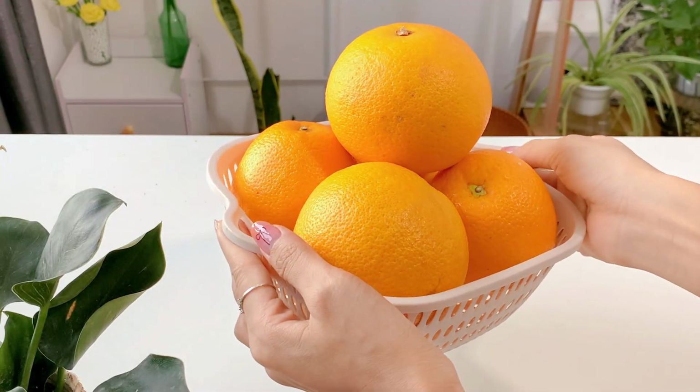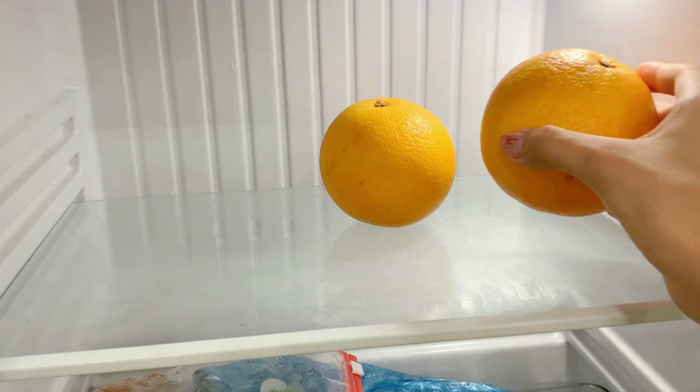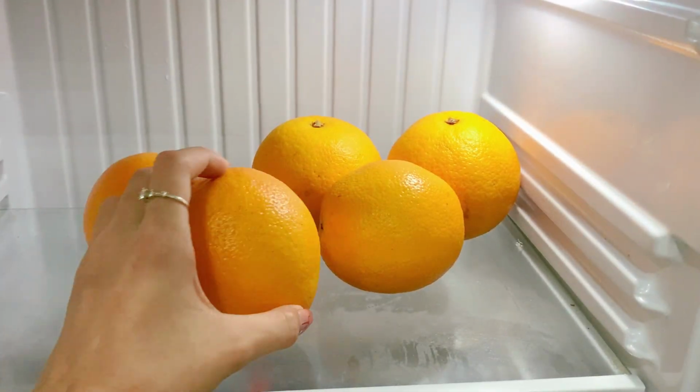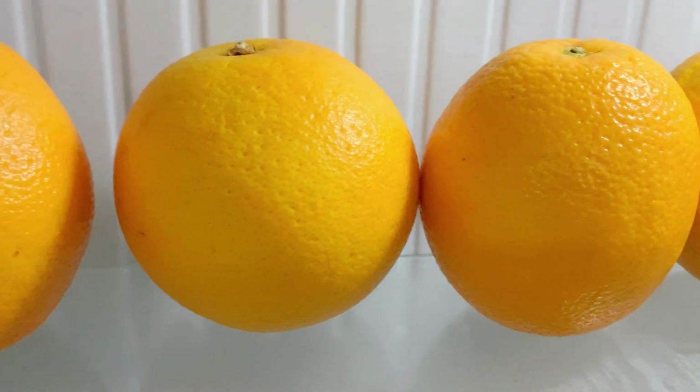Once the oranges are completely dry, just place them in your fridge, preferably in the crisper drawer or a breathable container. No need to wrap them in plastic. That's it. With this simple vinegar rinse, you're not just cleaning the fruit, you're extending its shelf life and preserving